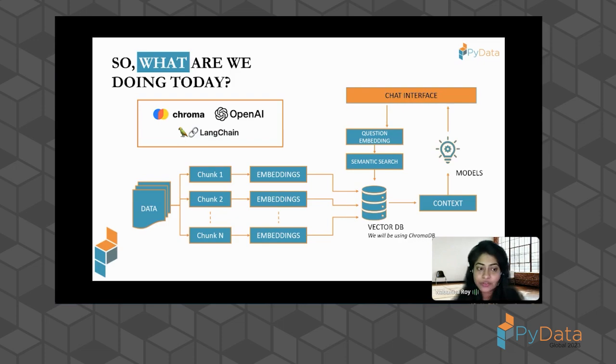So first and foremost, starting from the left hand side, we have this part where data gets chunkified into n number of chunks. Then each of these chunks gets embedded, and then they are put into a vector database that stores all these numbers. That vector database for us today is going to be ChromaDB, and you need to store all of that. We'll see how to accomplish that in the code.